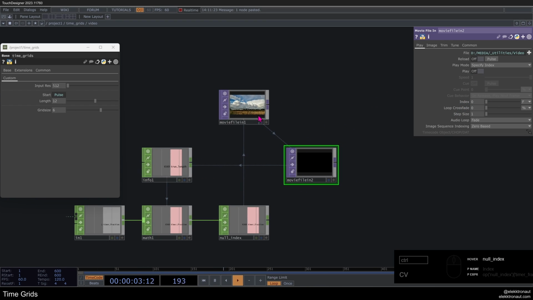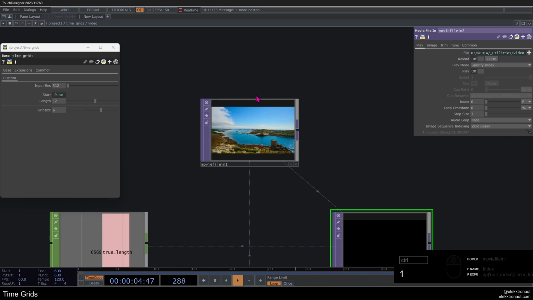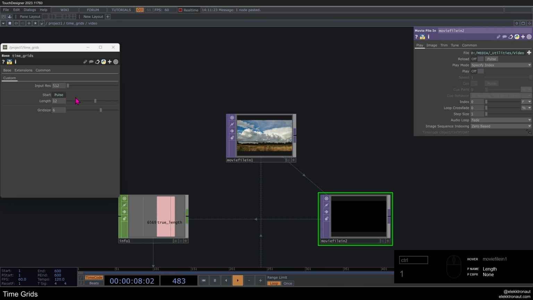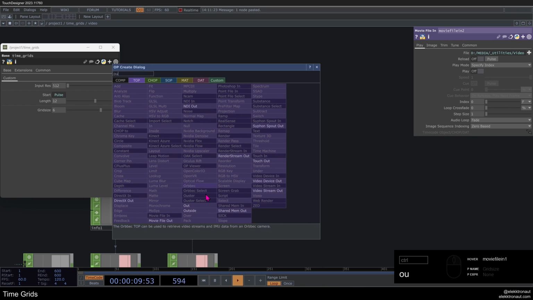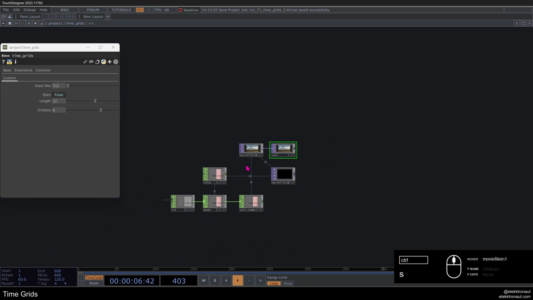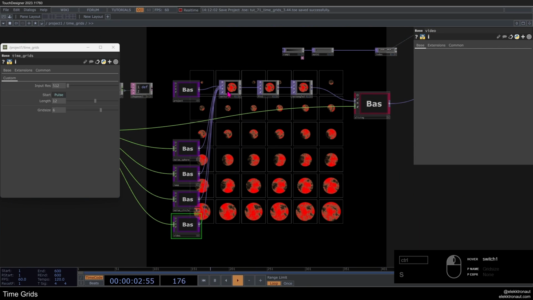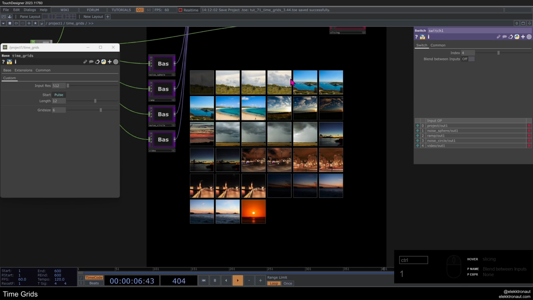So this way we're kind of going around that issue. Now as you can see, if I press 1, we're just going through that entire video in the speed of the length that I have defined here. So we're going to play that video back in 12 seconds. And now what I can do is add an out again. And if I go back here and put that in here and then go 1 index higher, you can see we can play back that entire video